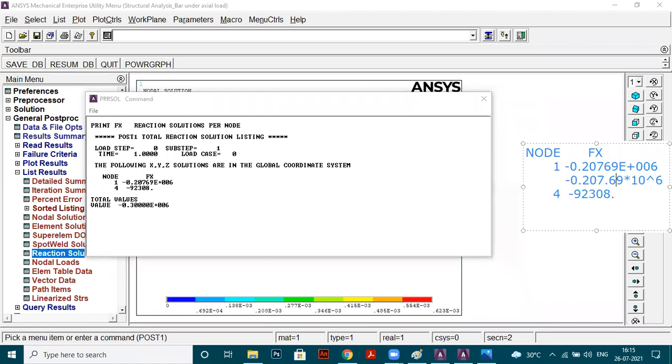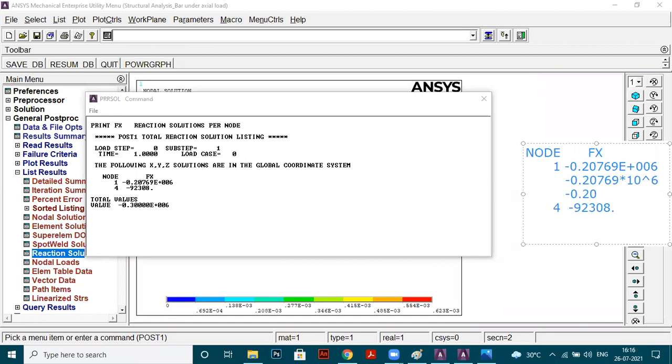Otherwise, I'll just write it down. I will just erase this. There is no edit point. Minus 0.20769 into 10 raised to power 6. So can I write it like this?